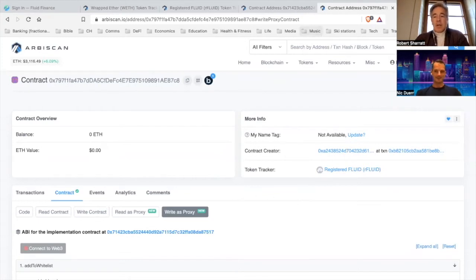Okay, but I'm trying to figure out, because the issue before is that when we were doing the pools beforehand, we were going to write to the contract manually through Arbiscan, and now that doesn't seem to be working. So Arbiscan